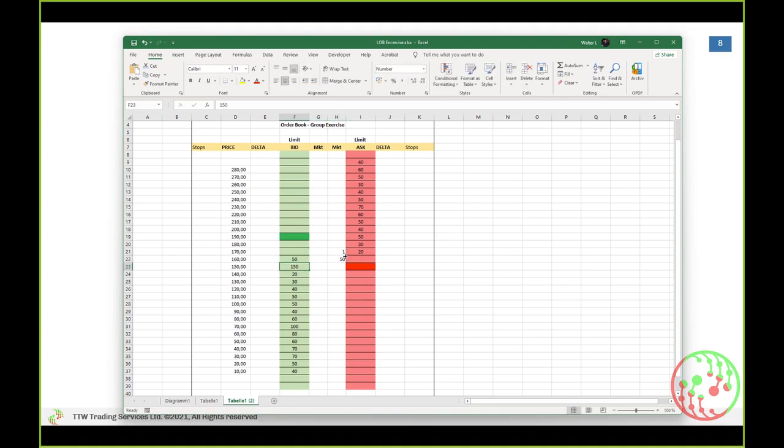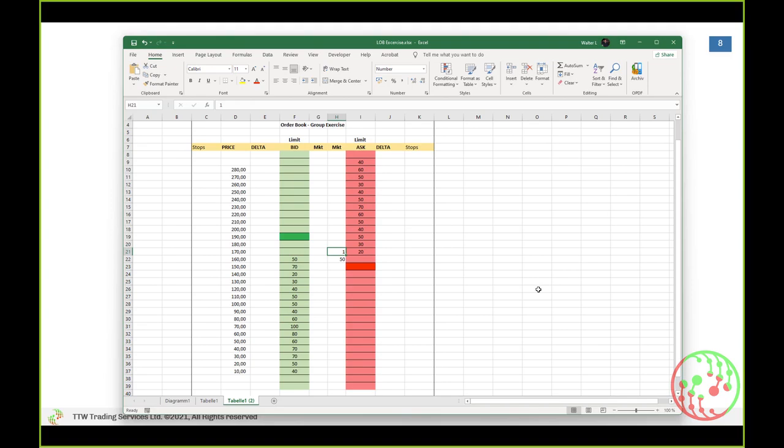It doesn't matter what numbers we have here, just to make sure what we are talking about. That means 50 apples have been bought at 160. The next one, because the storage is empty, will raise the price to 170 in this case, and then this procedure repeats. We need 19 again to buy everything from this guy, and then we are lifting the price by buying everything from the ask.